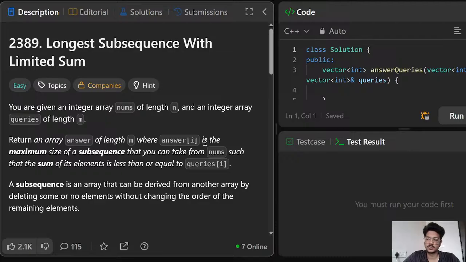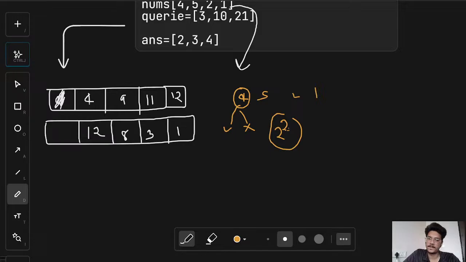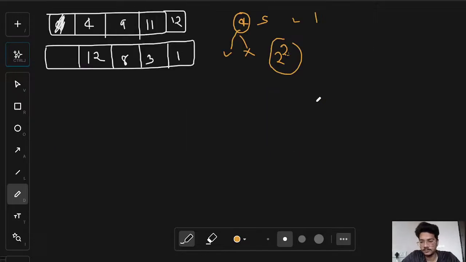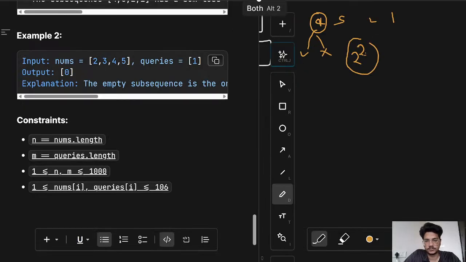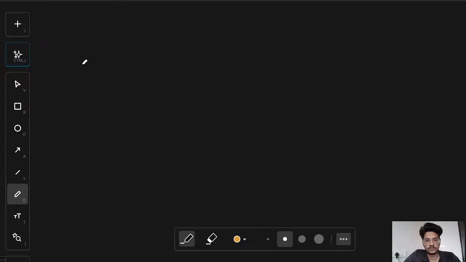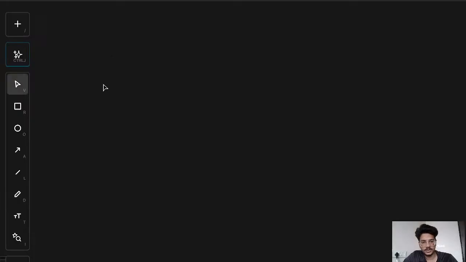Subsequence with the limit. Let's try solving this question. One of the ideas is